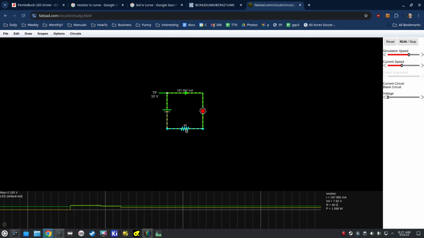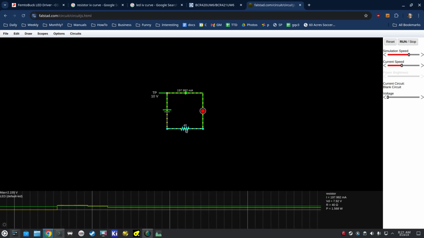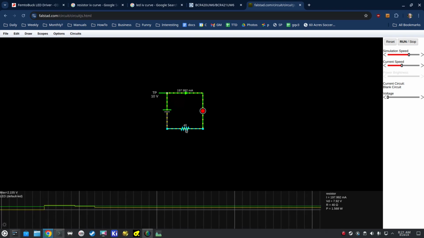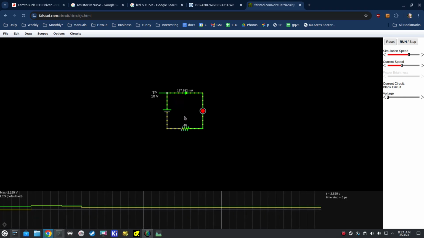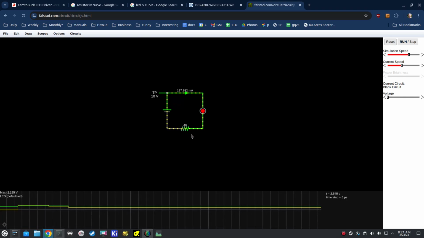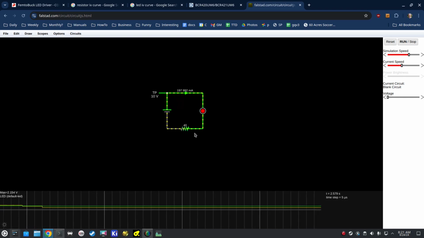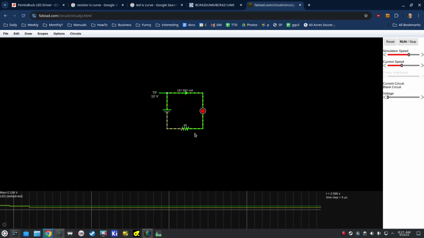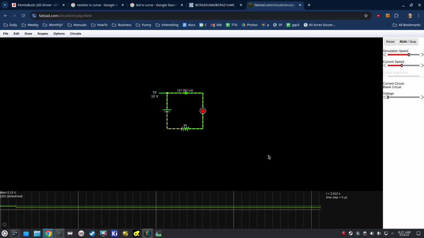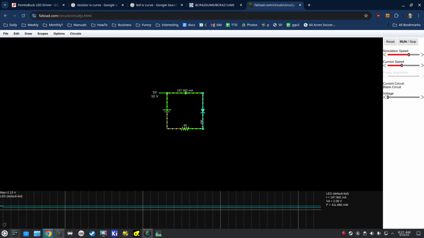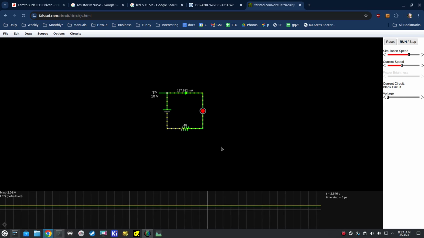Now, you can absorb that much if you connect multiple resistors in parallel to divide the load, and you can buy power resistors. So it is a solvable problem. But before we look into how to solve it, because there's a few ways, I want to talk about